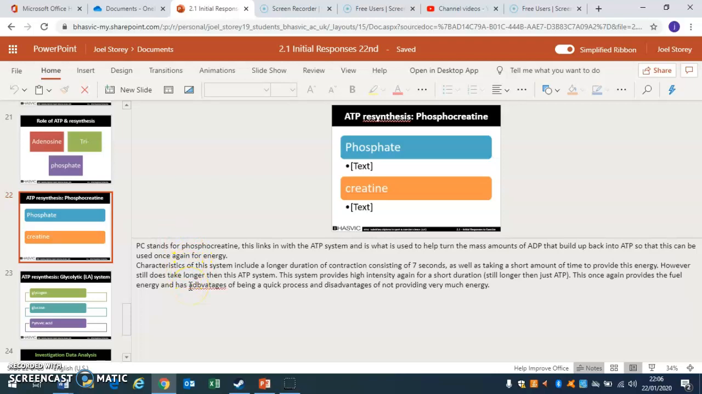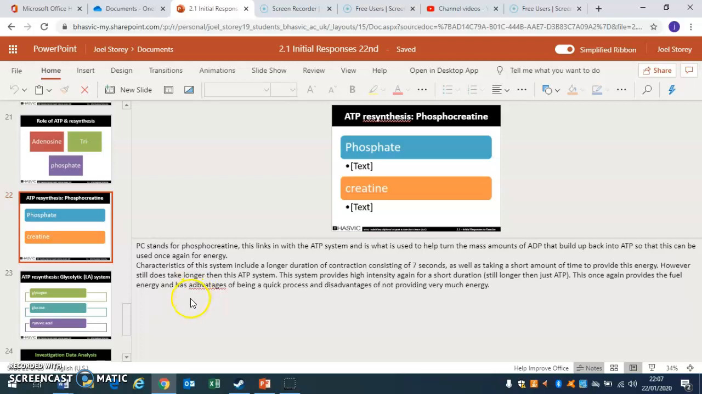Characteristics of this system include a longer duration of contraction consisting of 6 seconds as opposed to 3 of just the ATP system, as well as taking a short amount of time to provide this energy. However, this still does take longer than the ATP system. This system provides high intensity again for a short duration. This once again provides the fuel